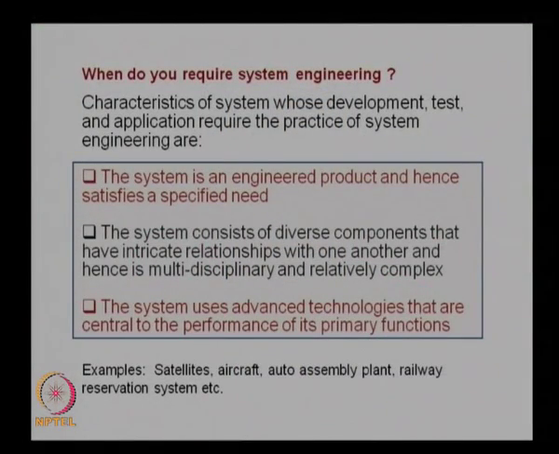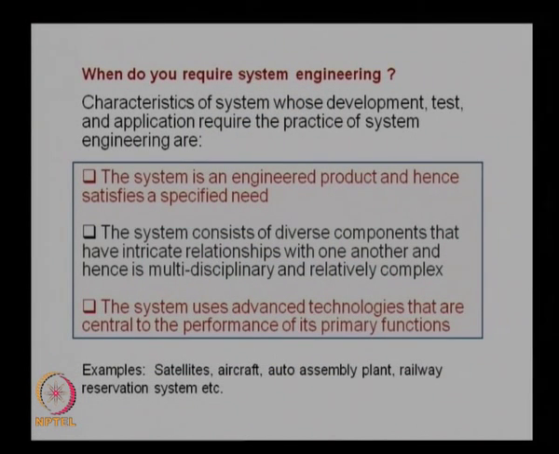Some examples of such systems are man-made satellites, aircraft, auto assembly plants, railway reservation systems. These are all man-made engineering systems where we can really use the principles of engineering system design to achieve the desired goals from the system, because they all satisfy these